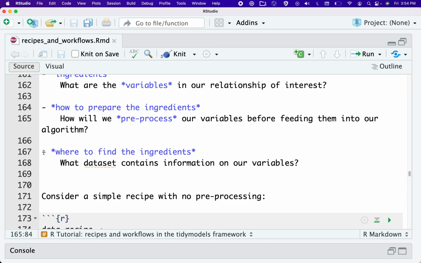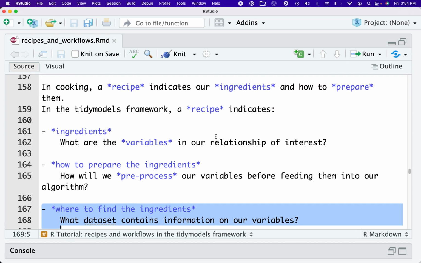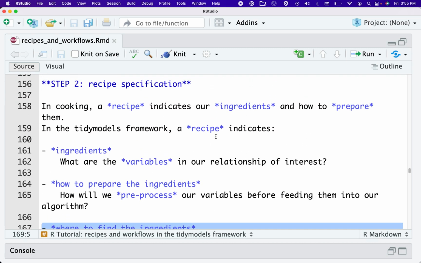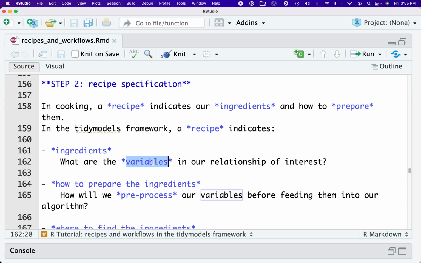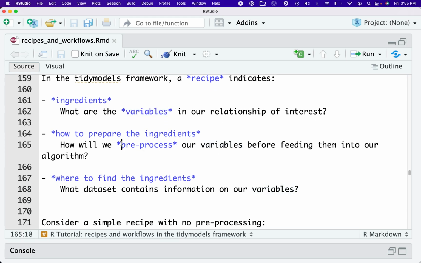And finally, our recipe needs to indicate basically where to find the ingredients. So what data set contains information on our variables? So putting that all together in our second step, we're going to specify our recipe, which indicates what variables we want to use in our relationship of interest. If necessary, we're going to prepare or pre-process those ingredients or variables,